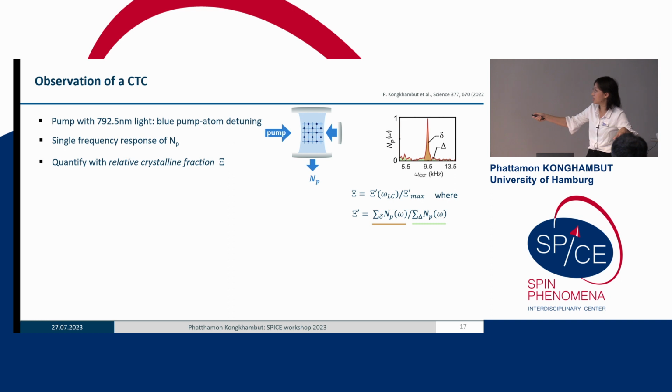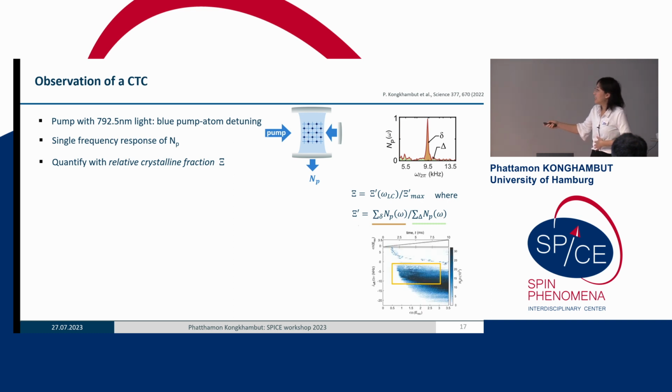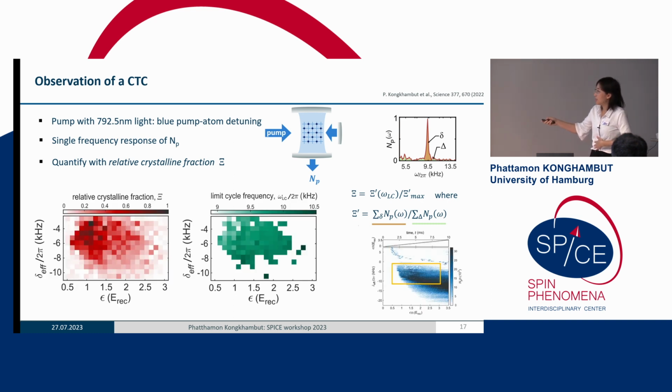So then we define this crystalline fraction. And this is what we see. Here we are plotting the crystalline fraction in color scale. You see that around this frequency of the pump, we see a really nice high density of the crystalline fraction in there. And we can also map out its frequency, ranging between 9 to 10 kilohertz